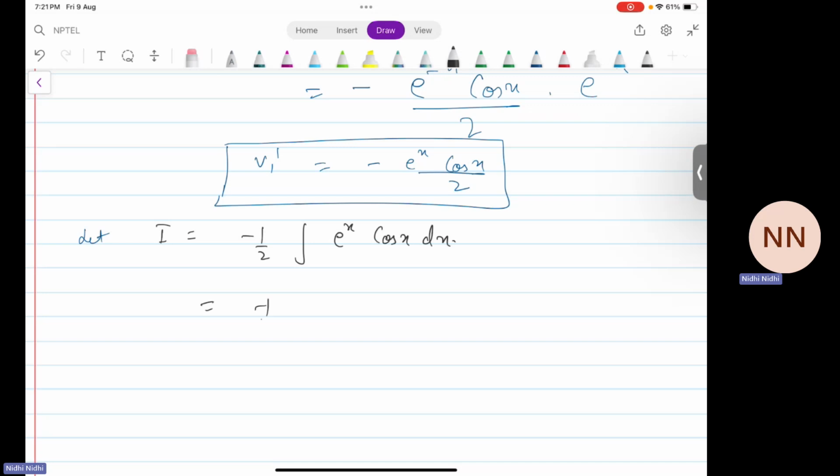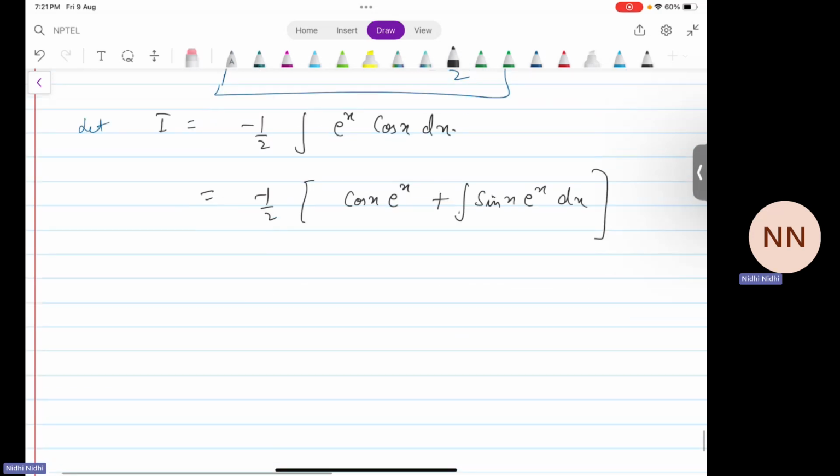This is equal to minus 1 by 2 cos x as it is, integration of e power x, minus integration of derivative of cos x, which is minus sin x, so this turns out to be sin x e to the power x dx. Again using integration by parts,